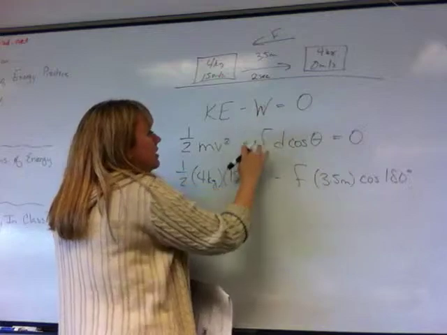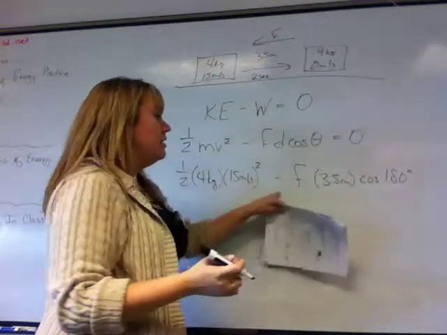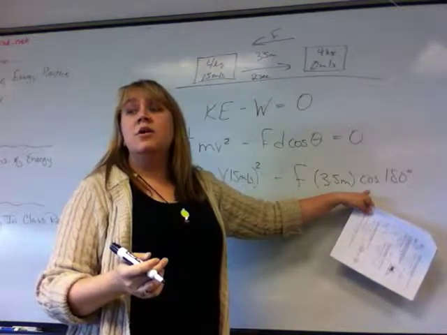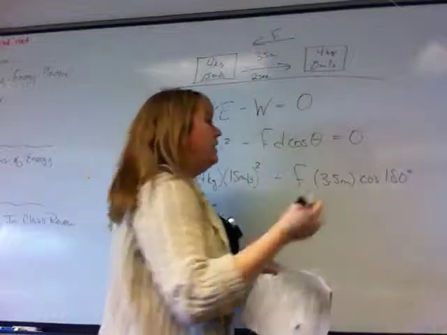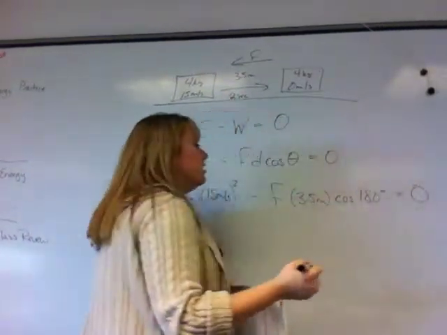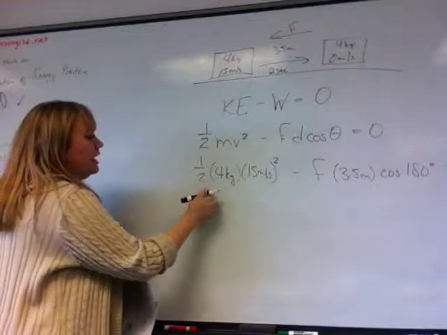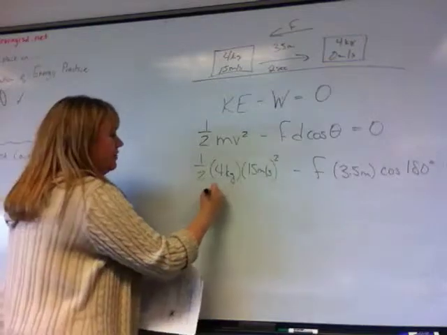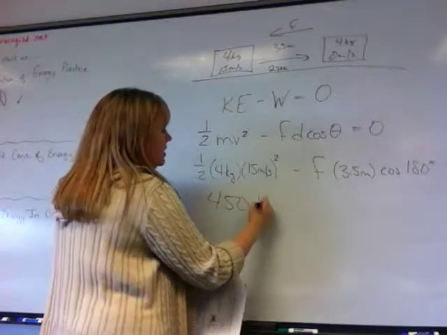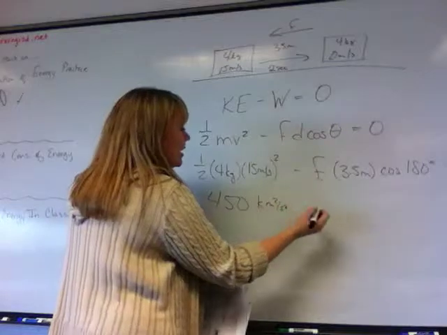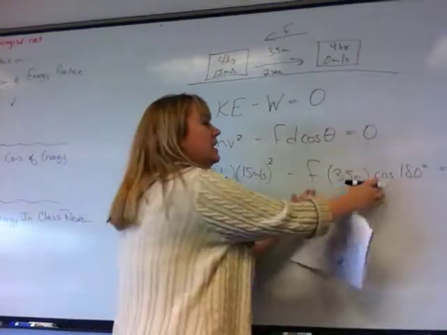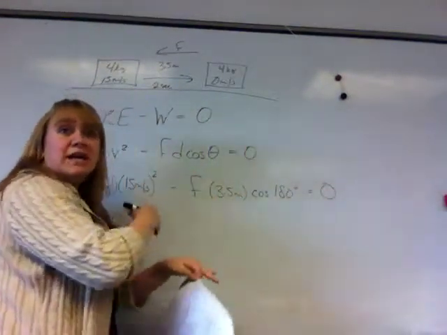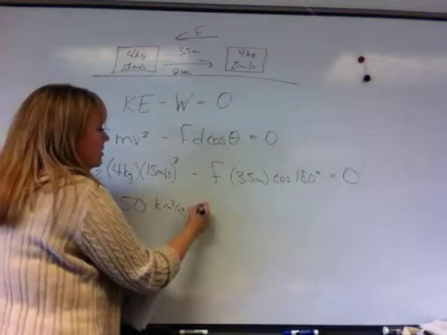So that's telling us that our work value is negative. Work is negative FD cosine, negative here because of that cosine 180, and that is equal to 0. So we're going to end up with 15 squared times 4 times 1/2. That's 450, in kilograms meters squared per seconds squared. Now I'm going to take my negative work and move it to the other side of the equal sign so that I'm working on both sides instead of just one. So 450 is equal to